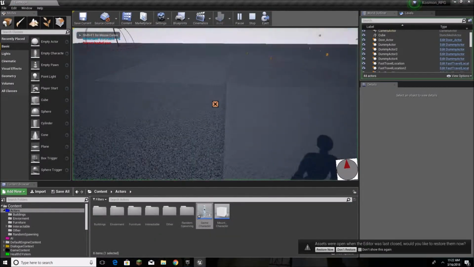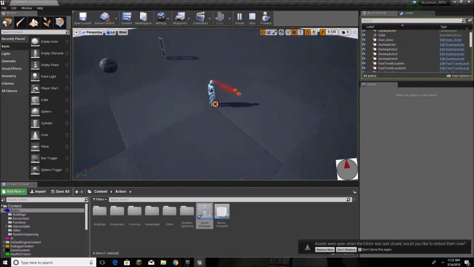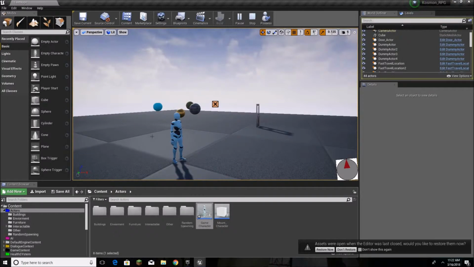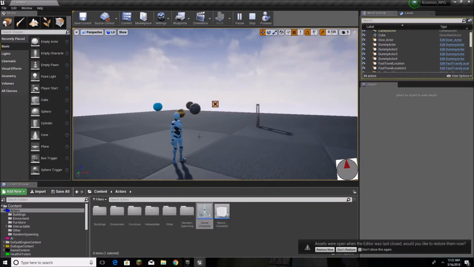So if I come here, eject, they're about the same right there. Yeah, hopefully you saw that. But they're about the same length. That's all it's doing, just to make it a little easier, so I don't have to